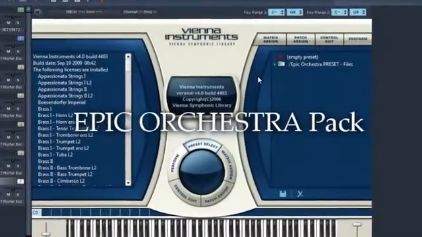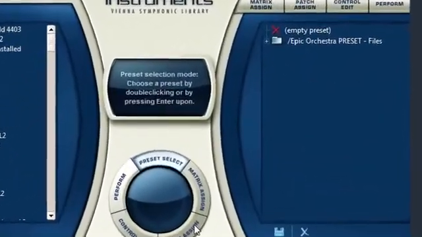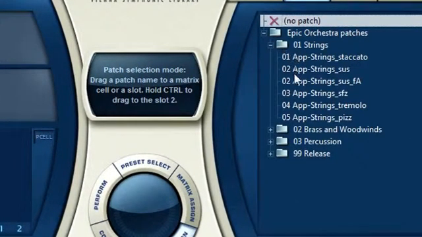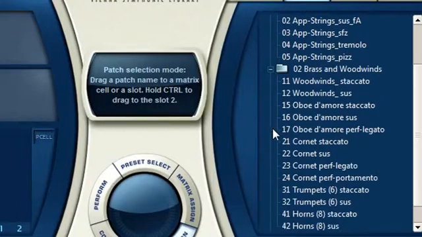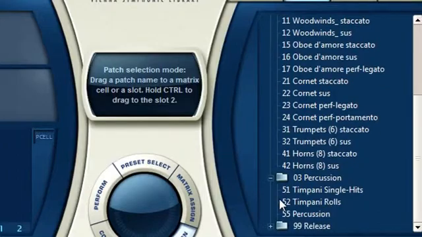We have included the Epic Orchestra Pack with Vienna Ensemble Pro. 83 musicians at your disposal, with more than 9 GB of exclusive samples from the big Vienna Instruments collections, in 24-bit quality. The short orchestral arrangement you will hear gives you an idea of the sonic possibilities of the Epic